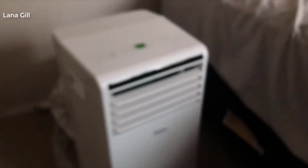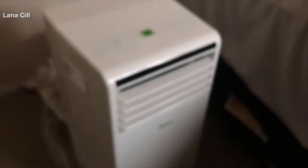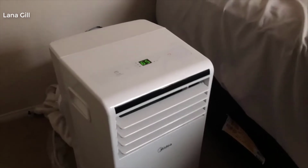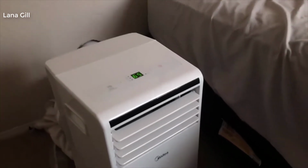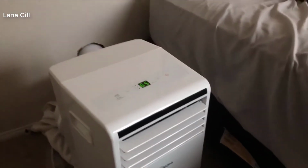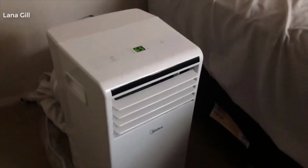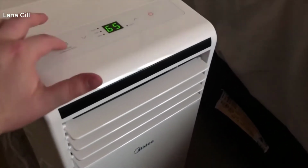And yeah, it's still pretty loud, but not as loud, I don't think. It's probably maybe several decibels. I'm not sure. I don't know how to measure decibels. And I forget what this one lists the decibel count for, but just being able to compare and contrast from the last unit. Now if I switch this to fan mode,